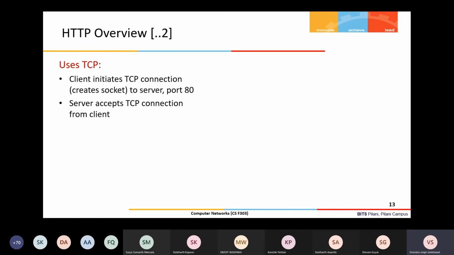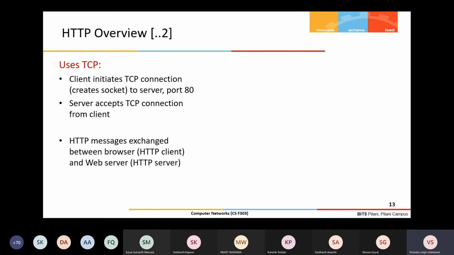So as I said, HTTP, a web application, uses TCP as its transport layer protocol. Now, on what basis has TCP been decided? TCP is a reliable protocol. Reliable means that for each and every packet sent by TCP from the sender side to the receiver side, TCP ensures that all the packets have been successfully received. How it ensures that, there is a reliability feature in this protocol, which we'll discuss when we do the transport layer. For HTTP, this reliability is very important actually.